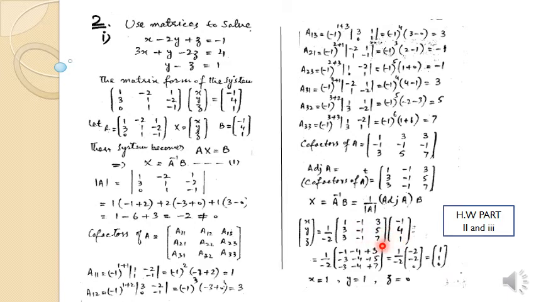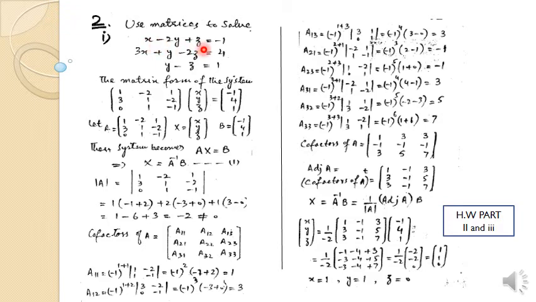You know how to multiply these two matrices. First we check the order of these matrices. The order of this matrix is 3 by 3, and the order of this matrix is 3 by 1. The inside numbers are the same, and the remaining outside numbers give the order of the final matrix. So we multiply these two, and we get this. After simplification and multiplying by -1/2, we get this, and this is the answer. So x equals 1, y equals 1, and z equals 0.